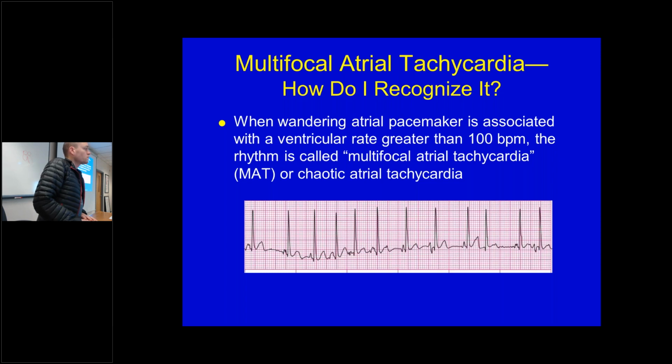Or sinus with irregular PAC. And then if it's three or more different types of P waves, you would call that multifocal. Yeah, three or more is definitely multifocal. Okay. If you've got two,